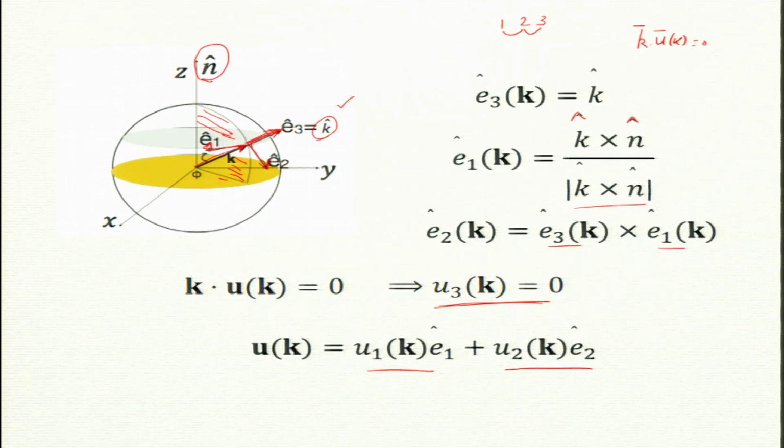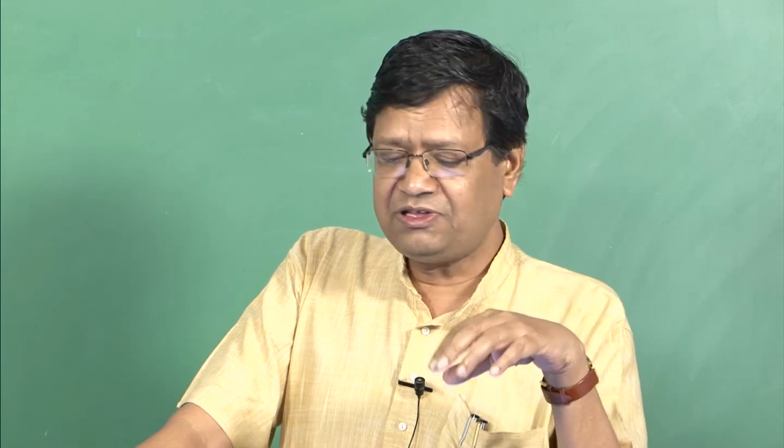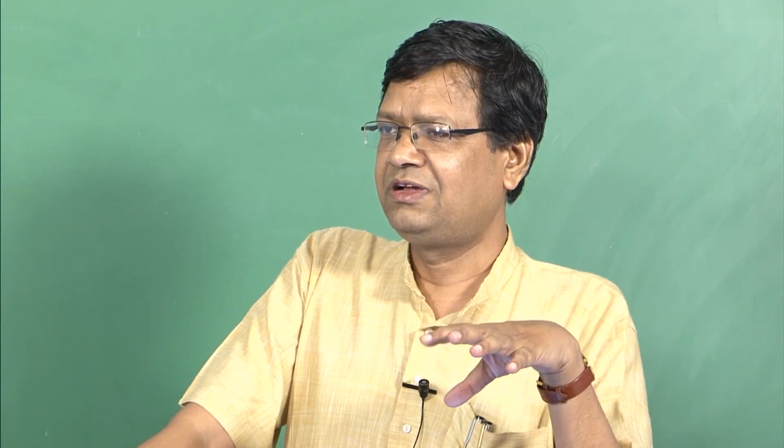Any questions on this? Please keep in mind that we need another vector n cap. So k cross n cap gives you E1, of course you divide by the magnitude, and E3 cross E1 is E2. Now, given x cap, y cap, z cap, or given ux, uy, uz, you can construct u1, u2 and vice versa. It is very similar to what you do for spherical polar to Cartesian, or Cartesian to spherical polar or cylindrical. These are another basis, and we can do it that way. Now, please remember it is in Fourier space, it is not in real space.